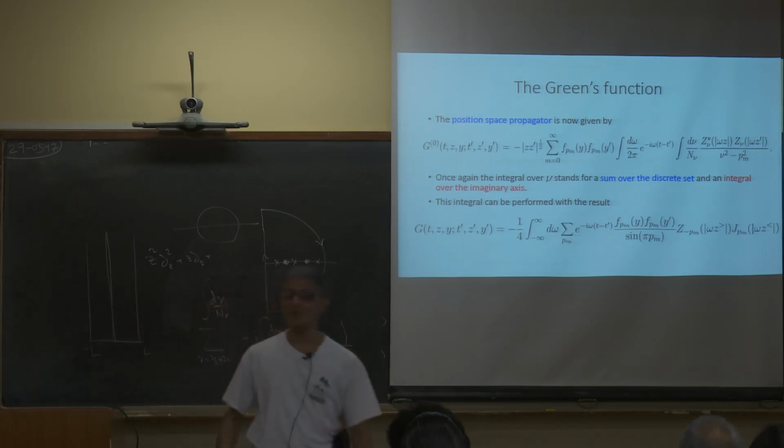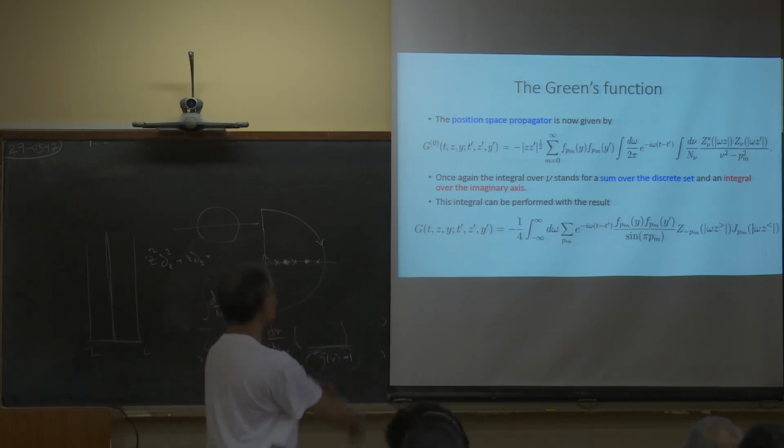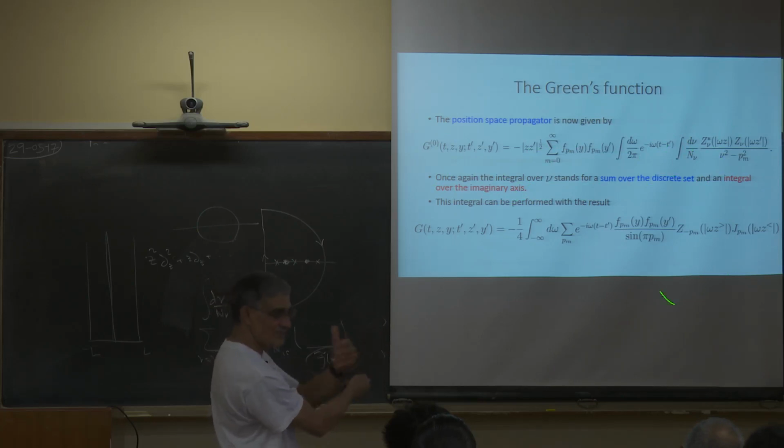So, now that you have the modes, you can calculate what the position space propagator of this theory is. This is the position space propagator written out in detail: integral over nu, integral over omega, sum over the modes, and once again this integral stands over a sum over a discrete set and an integral over the imaginary axis, and you can again go to this on shell thing, do the integral over nu, and you